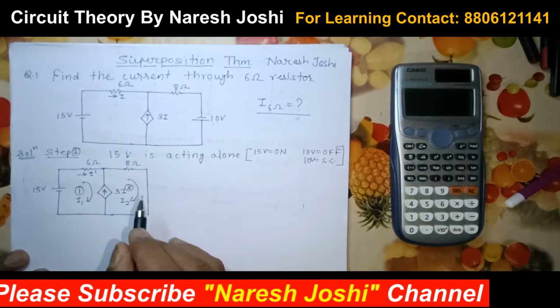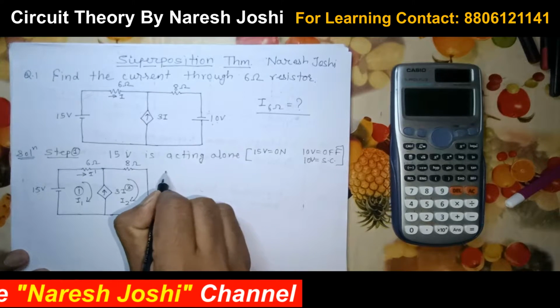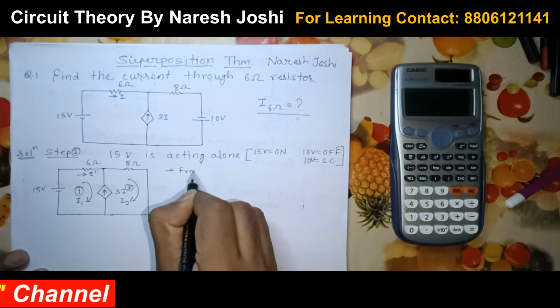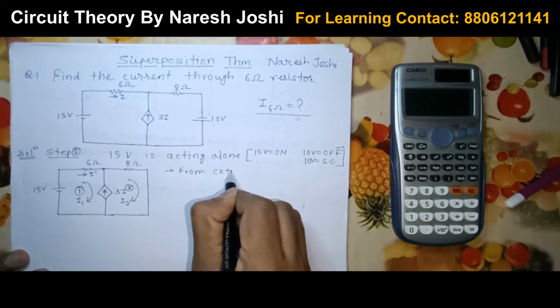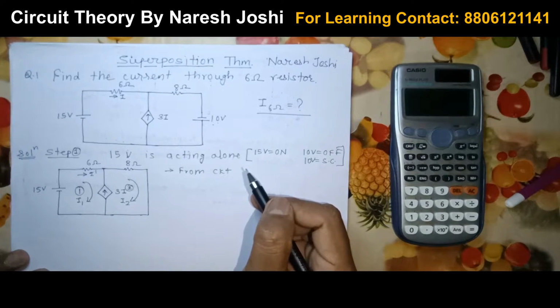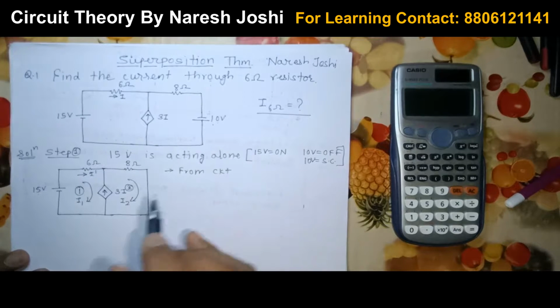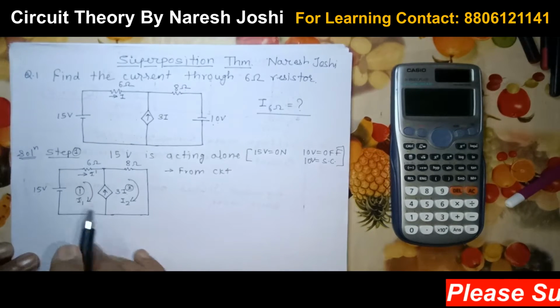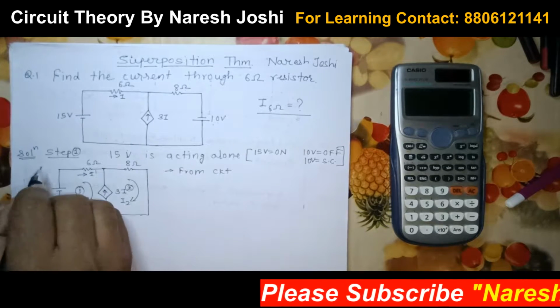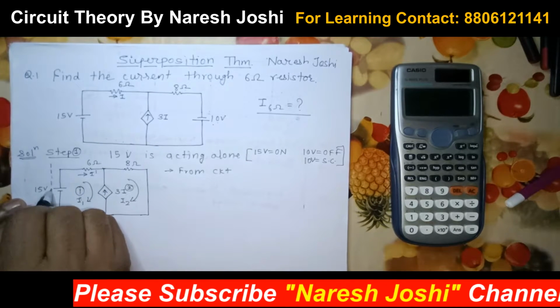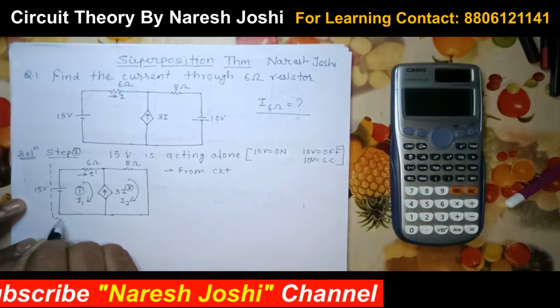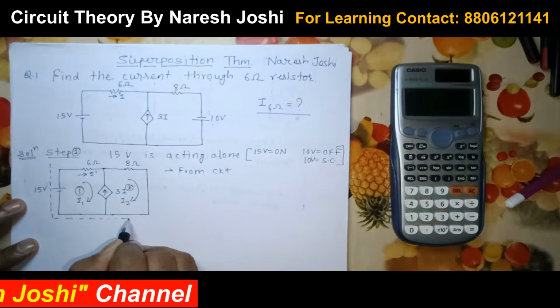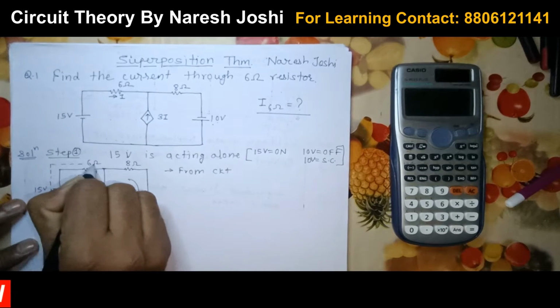Now, always remember, when we solve this question, we have to note down what we can get directly from the circuit diagram. One more important thing you have to identify: this is the current source. There are two meshes, mesh 1 and mesh 2, and the current source is present between the two meshes. That means the complete circuit behaves like a super mesh. So we have to mark it as the super mesh. You can see this is the super mesh.